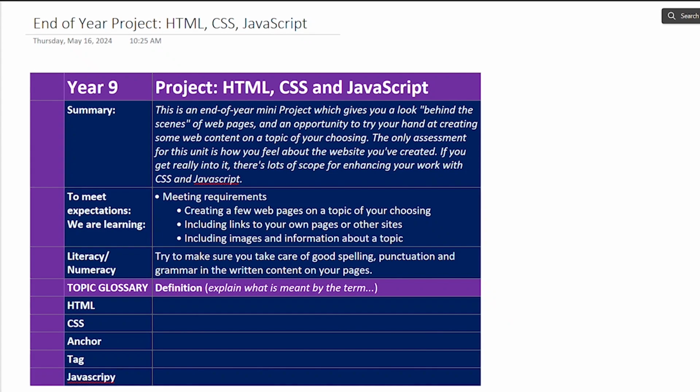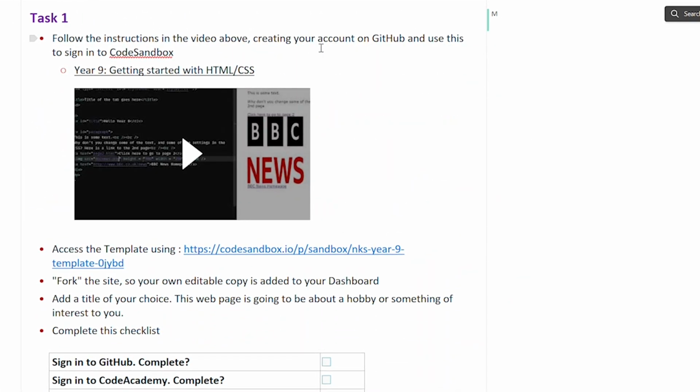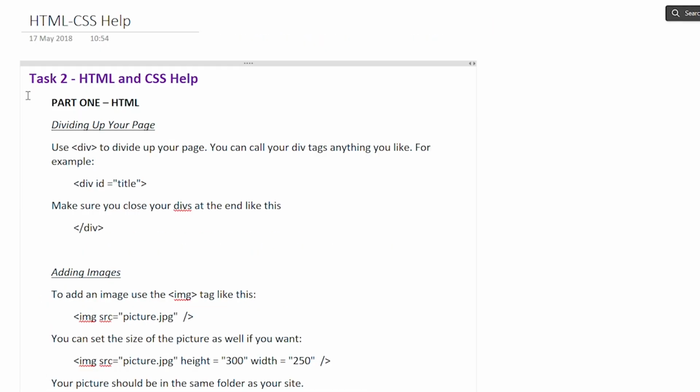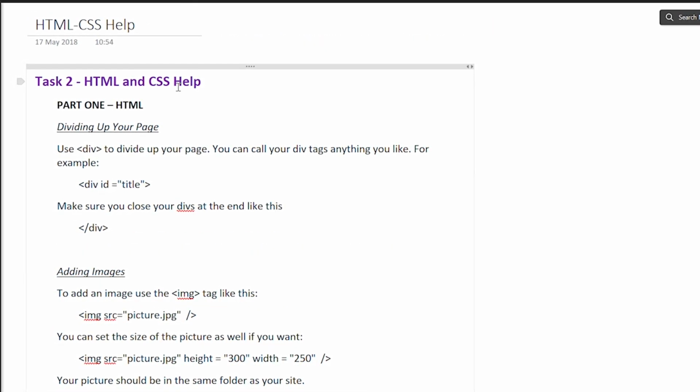HTML, CSS and JavaScript unit. This is really guiding you through task 1. We're going to show you how to sign up for an account on GitHub and then use this account to sign into Code Sandbox, and a little bit of a tour of the site, including using our template. From task 2, you'll be using the information in our HTML and CSS help, which is a separate web page